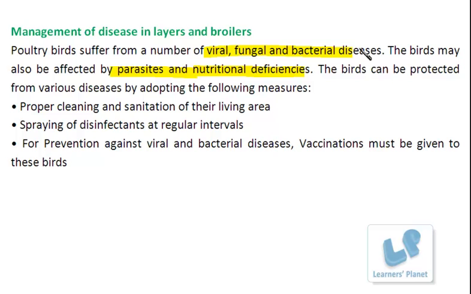So all this special care should be taken so as to avoid such infections in these organisms. And how can this be done? It is by following some preventive measures. For example, proper cleaning and sanitation of the living area, spraying of disinfectants at regular intervals, and most importantly, vaccination. Specific vaccinations are available nowadays in the market, which should be given to these organisms as a preventive measure. So these are some basic points related to poultry farms or poultry management,